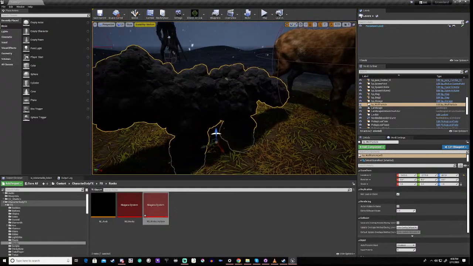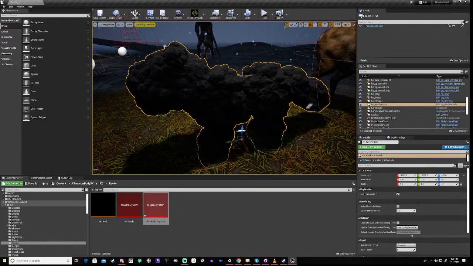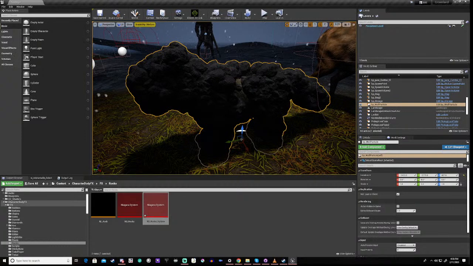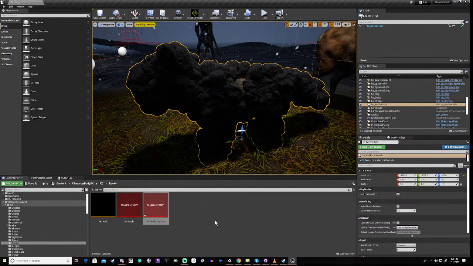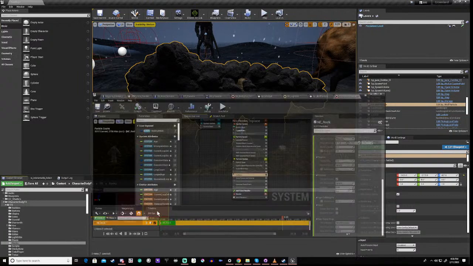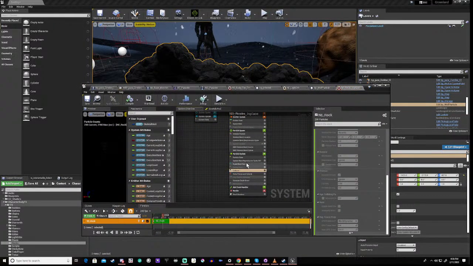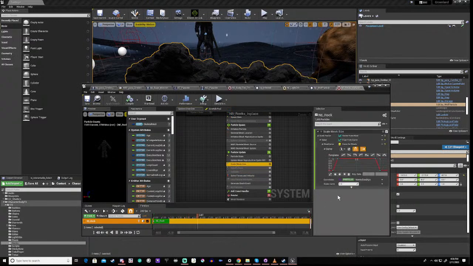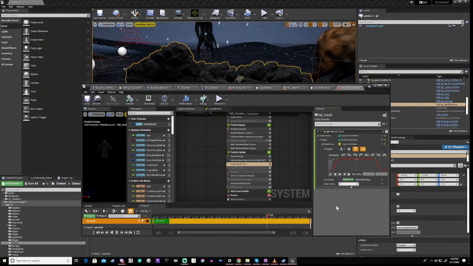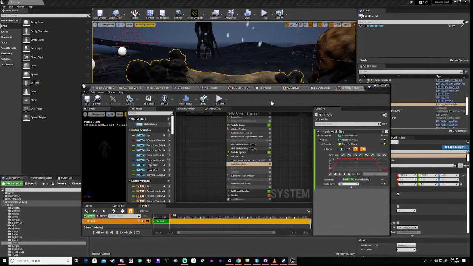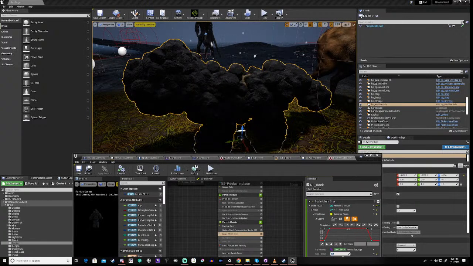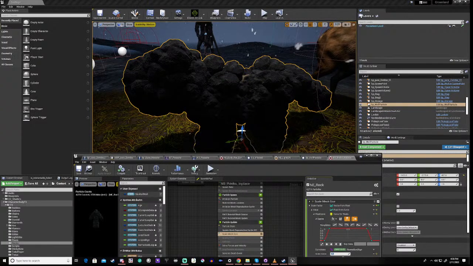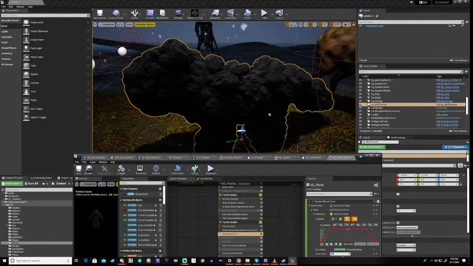So you can see there, you know, depending on how cool we wanted it to be, and if we wanted to do this, we could go into this again, right, and scale mesh size, and do it like 1.2, right? So these are going to cover a bigger area. It's probably going to not be very noticeable, but